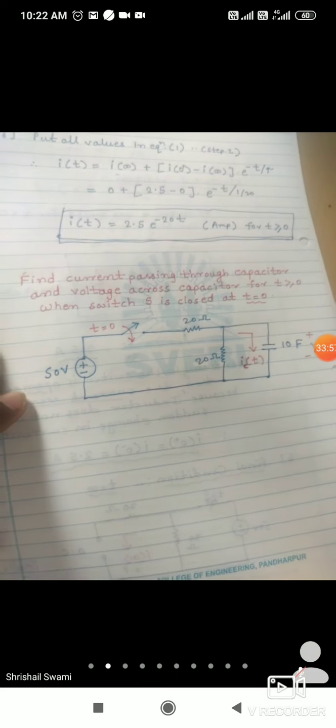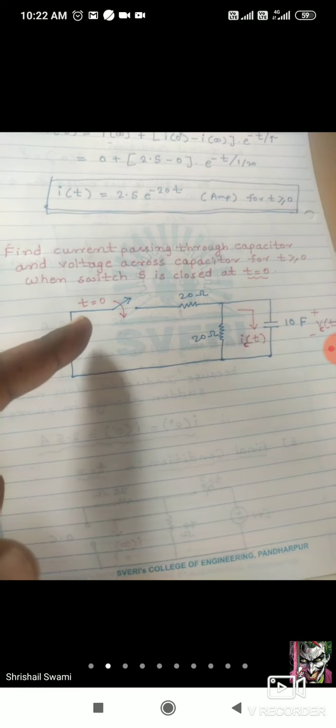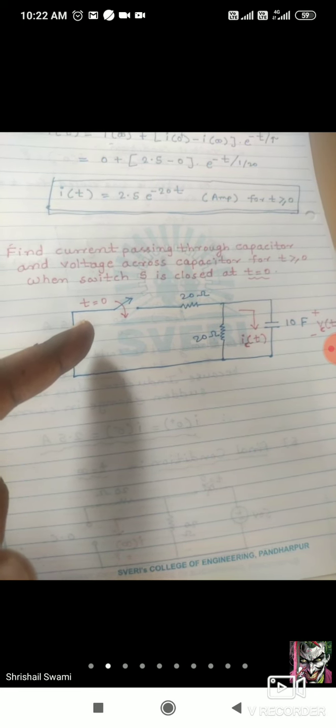So here, first of all, according to the new condition, what is the new condition? The switch is closing at t is equal to 0. According to that condition you can write the equation. So the first 2 steps are over. Third step, find out the equivalent resistance, because multiple resistances are there. While finding the equivalent resistance, you have to consider the new position of the